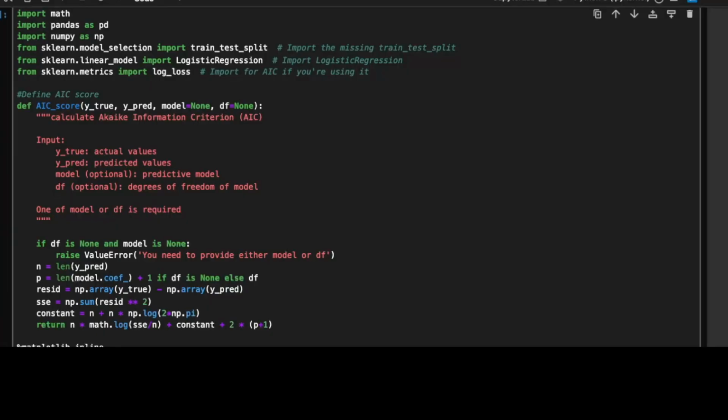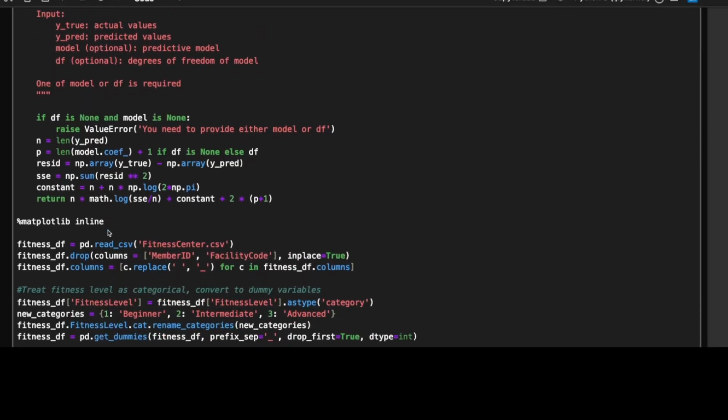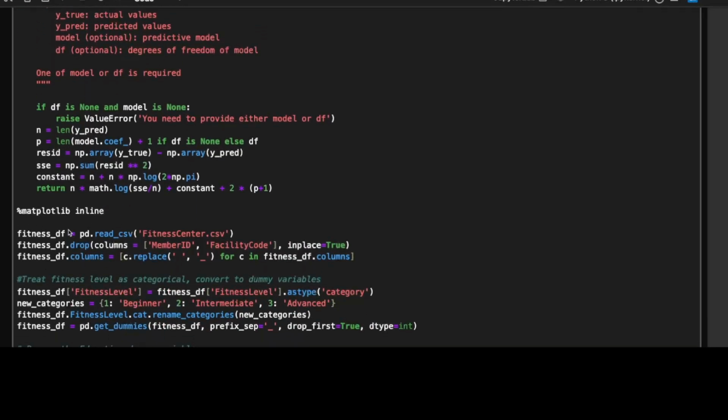Now, one predictor is nice for learning, but real-world models use multiple features. Let's build a more comprehensive model, but first we need to handle some data preparation. So that's what we're going to do here. We've imported all that we need, and then we go down, and this is where we are going to do